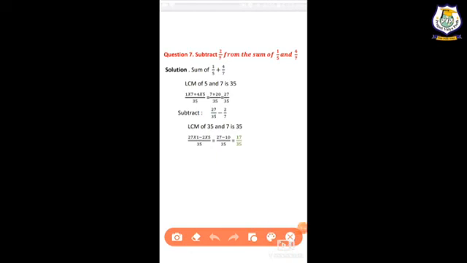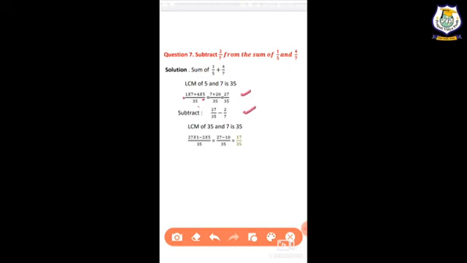So we will have to write 35 one time. Now 35 in the 5 table is 7 times, so 1 multiplied by 7, plus in the 7 table 35 is 5 times, so 4 multiplied by 5. Now 1 multiplied by 7 is 7 and 4 multiplied by 5 is 20. So 7 plus 20 by 35, when we add, we are getting 27 by 35, right? It is our addition.